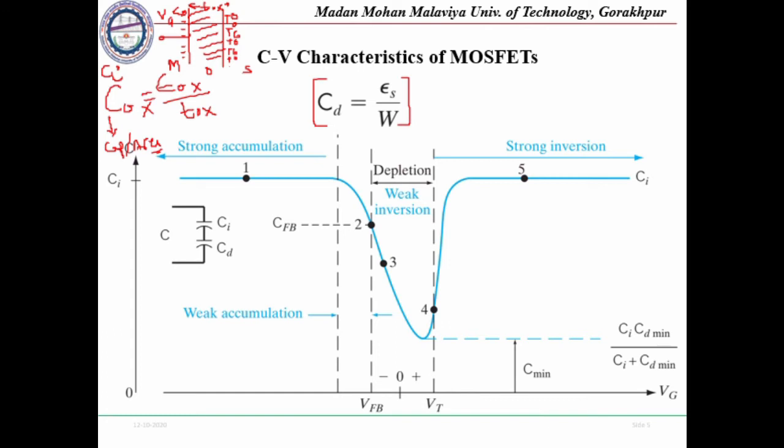So in this accumulation process, the capacitance will be given by COX, because of the oxide capacitance only. Either COX or we call it Ci. So once the gate voltage is less than zero, that is negative, in that accumulation region the capacitance will be given by a value that is Ci or COX. So suppose this is the COX value.